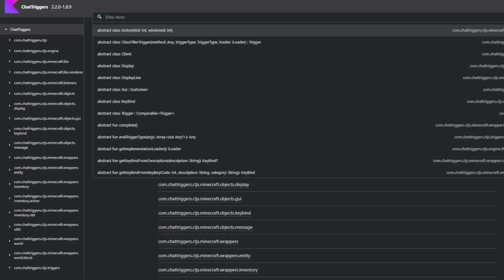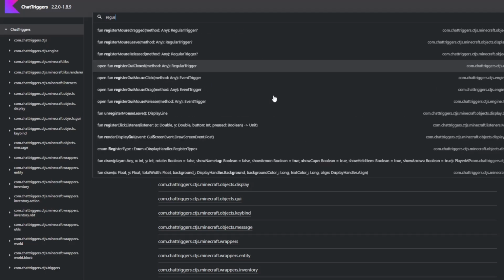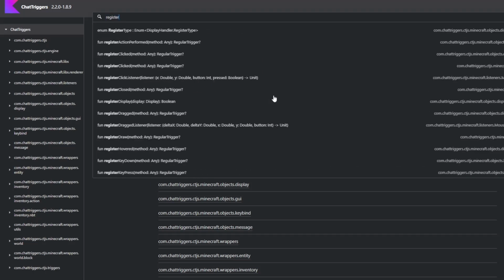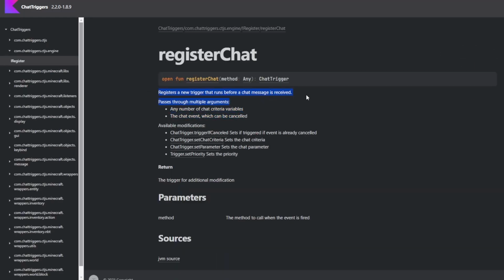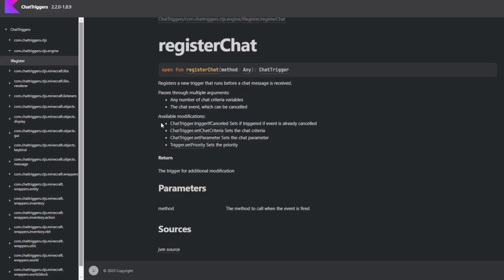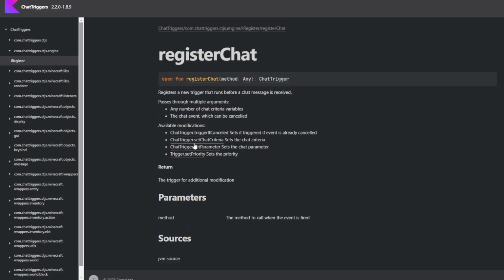So now we can go to the Java docs and then search register chat. Here it says what it does with the arguments that it passes through, and the available modifications. Also says the parameters, which would be the method, and says here what it does. So that's basically it for that. Now we can go inside of the